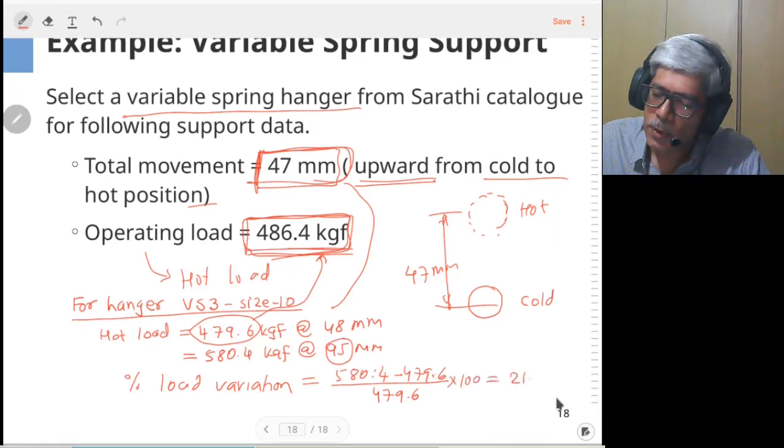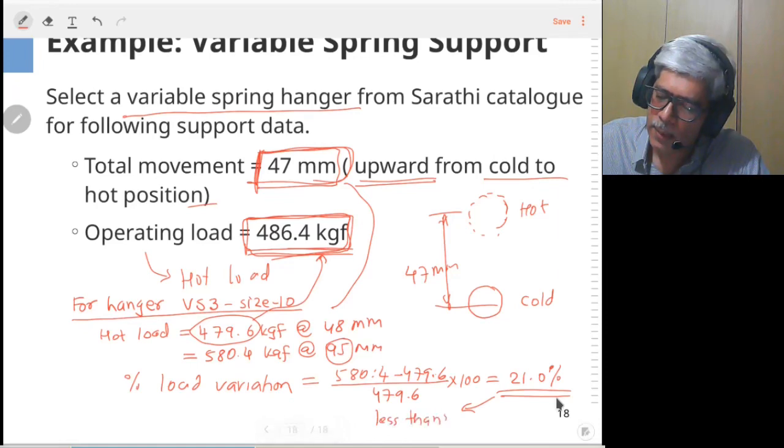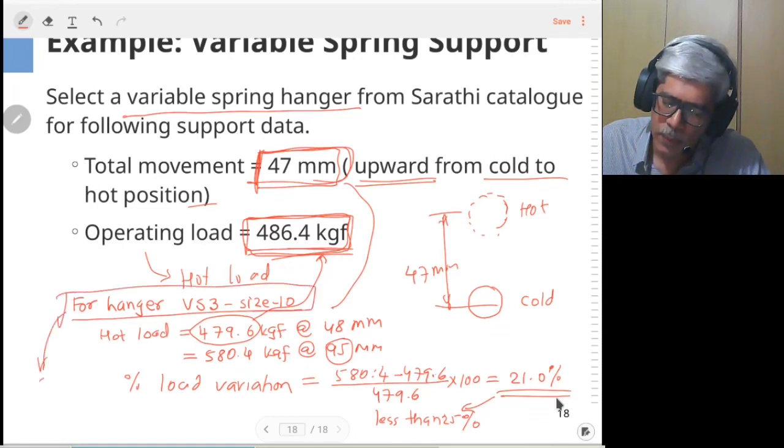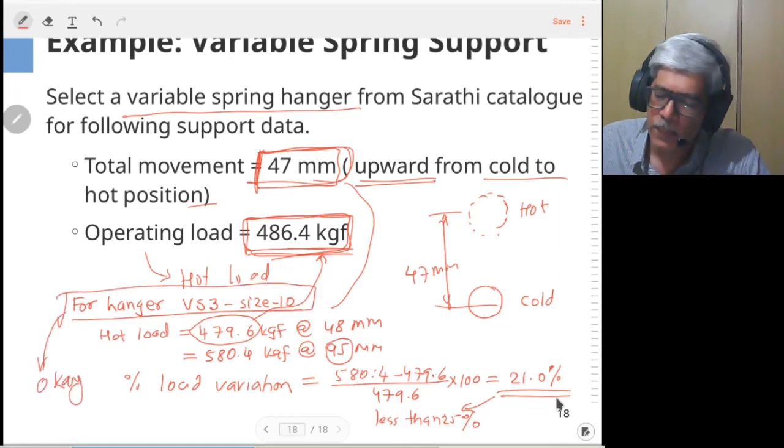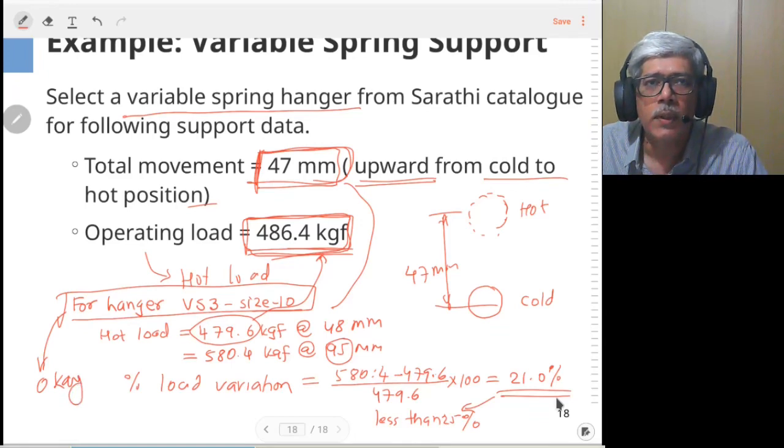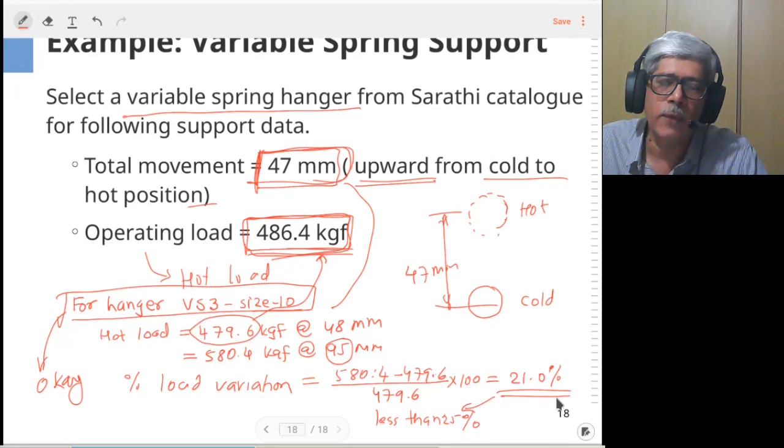So this comes to be 21.0%. So since this is less than 25%, we'll say that this particular hanger is okay. So that is how one would select a variable spring hanger from the manufacturer's catalog.